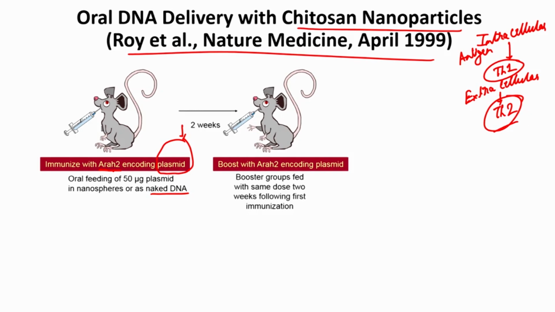And so, once you do this, you boost it again at 2 weeks. So, you make sure that there is enough immune response being generated against this RR2 through a Th1, so there is enough memory of it as well. In this case, the authors after 2 weeks gave the same dose again,